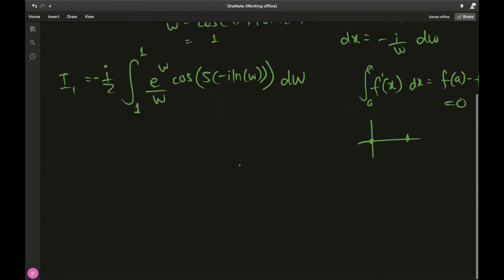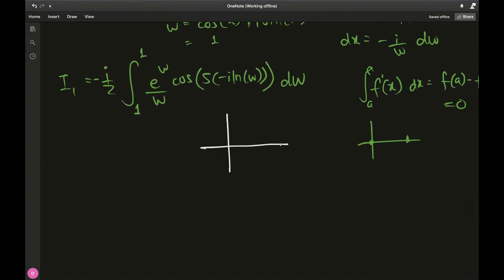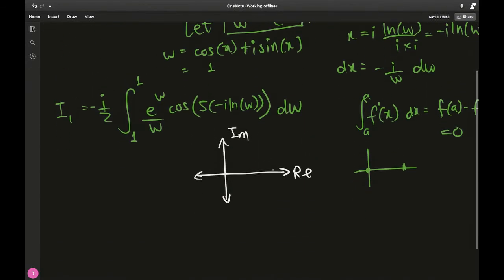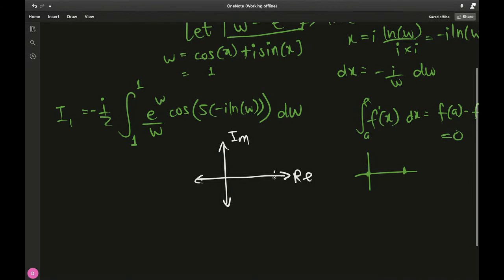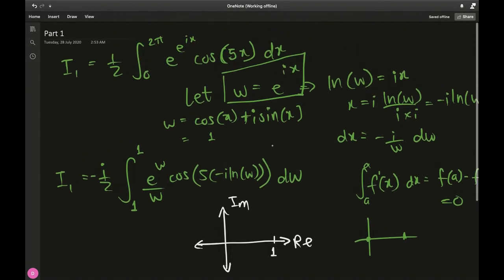Okay, so for the insight, I'll need to draw the complex plane. So this is your real axis, this is your imaginary axis. So what's happening is when you have 0, and you get 1, right? E to the 0 is 1, so you have this point on the real axis. Fair enough. But when you do e to the 2 pi I,